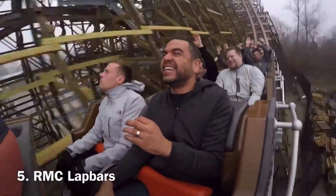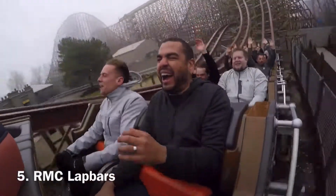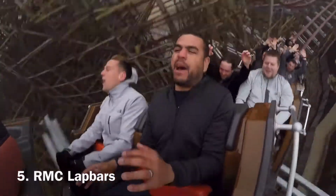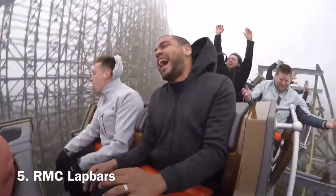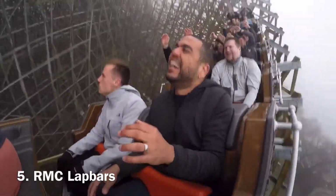Like, these shin guards do not touch me at all. So this was actually really good. These restraints don't take away from airtime, and they don't move down to forces. They might a little bit, but I didn't notice it too much. My dad has a bad knee, so he said that bothered him a little bit because they do pull your